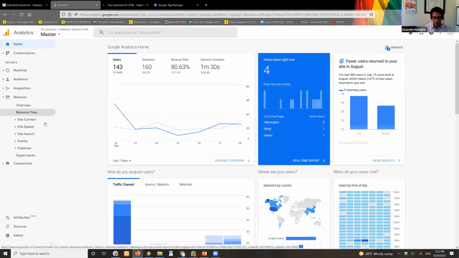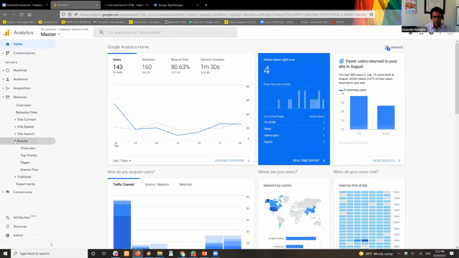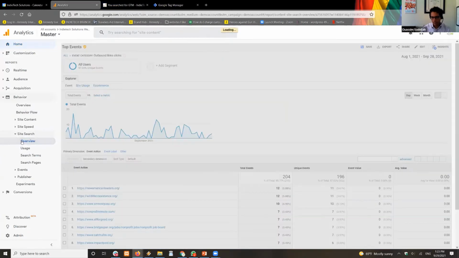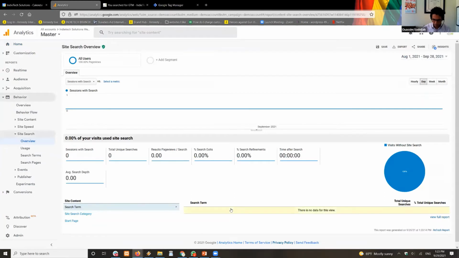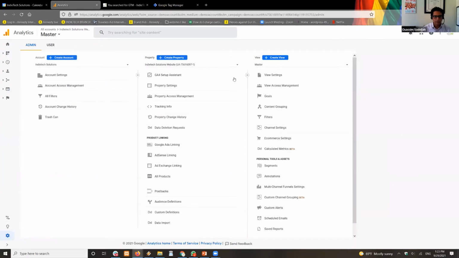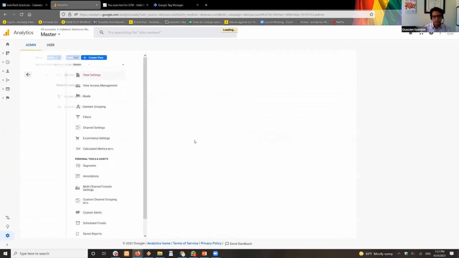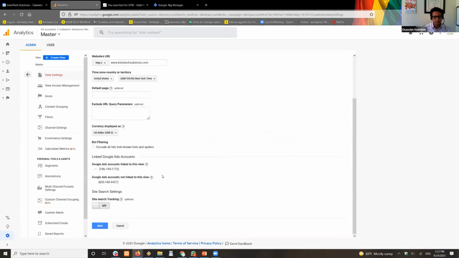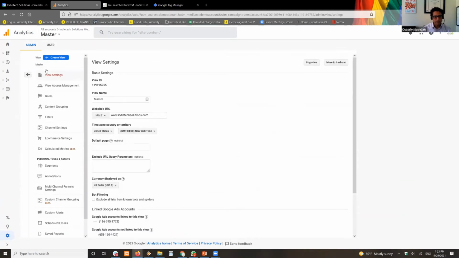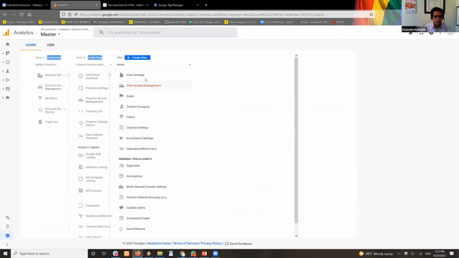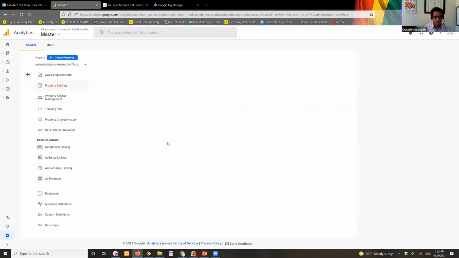Google Analytics by default gives you, under site search, the ability to capture internal search results without doing anything in Google Tag Manager. To do that, I'll go to admin. I'll show you both. I think it's view settings. No, it's not view settings, actually, it's property settings.